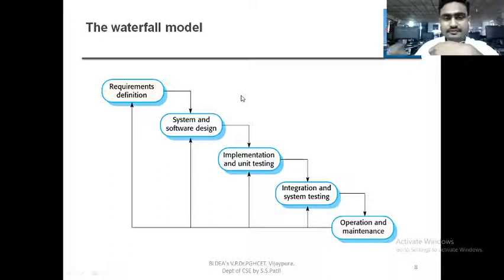So this is the basic life cycle model for achieving or doing something in software engineering. Many software engineering processes follow this waterfall model. So first let's see the requirement definition. Before developing anything, we should get the requirements. To develop any application or any software, first we have to collect the requirements. That means we have to make proper documentation.